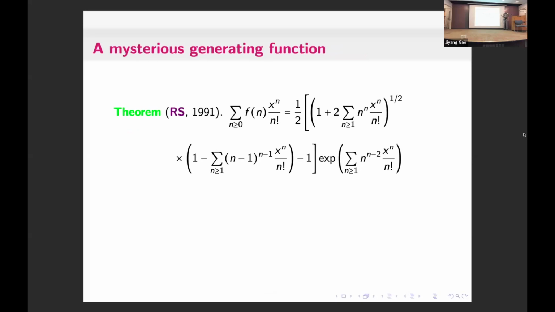So here's this mysterious generating function I obtained for f(n), involving n to the n minus one, n to the n minus two. So, where did this come from? I mean, you see all these n to the n type things that suggest trees somehow being involved. There are no trees in the original formulation. Well, I should also say, in case you're curious about the asymptotics of f(n), it can be obtained from this generating function, giving an asymptotic formula, some constant times n to the n minus